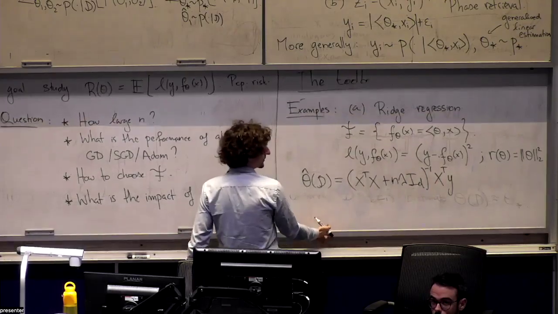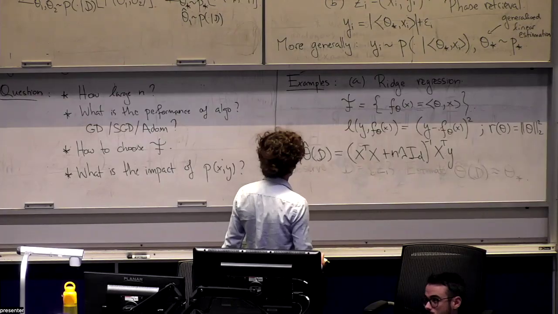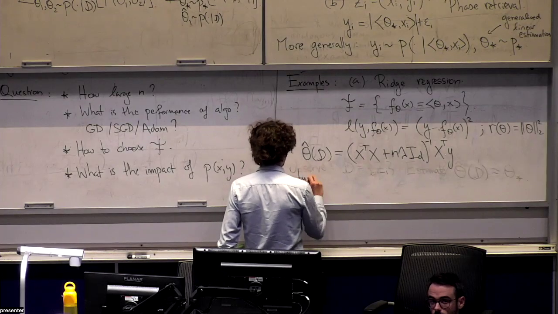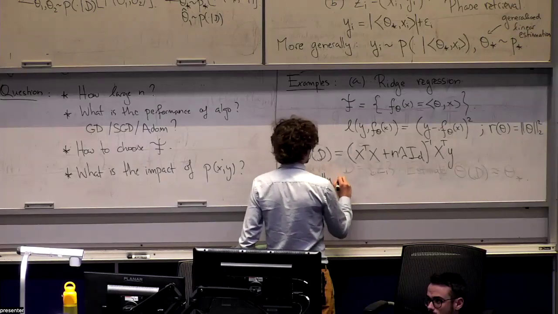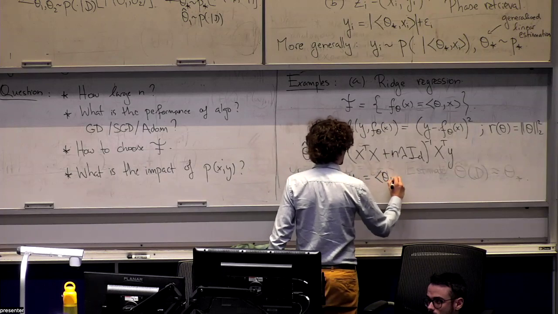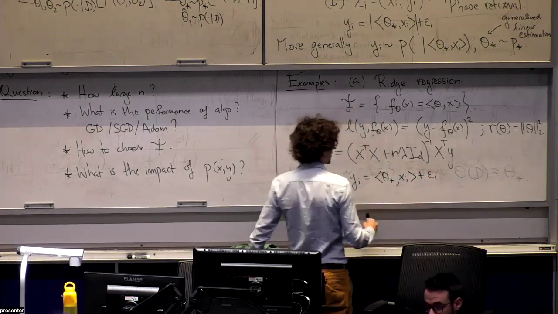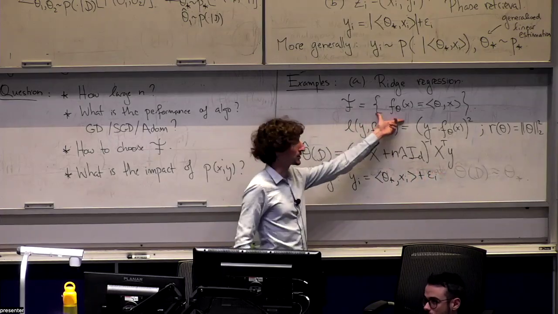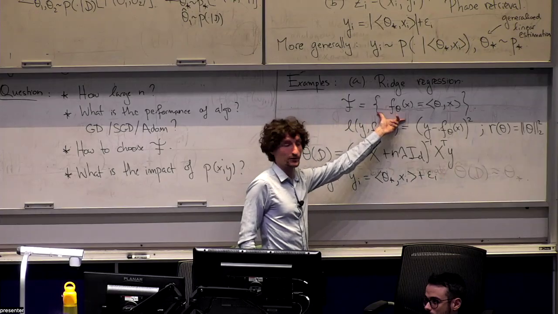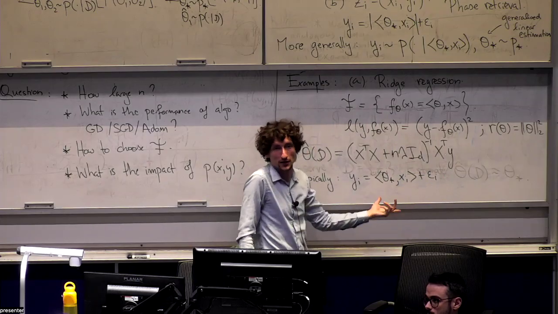So for any data x and y, you can just write the solution of the ERM. And then typically you assume that yi has been generated itself by a linear function plus some noise. The reason for that is that this hypothesis class can fit at best a linear function, so anything which is not linear is going to look like noise for the model. So this is almost without loss of generality.